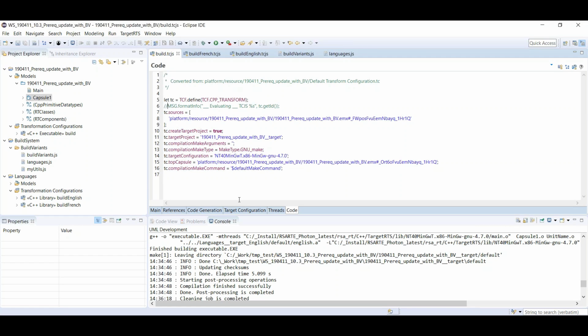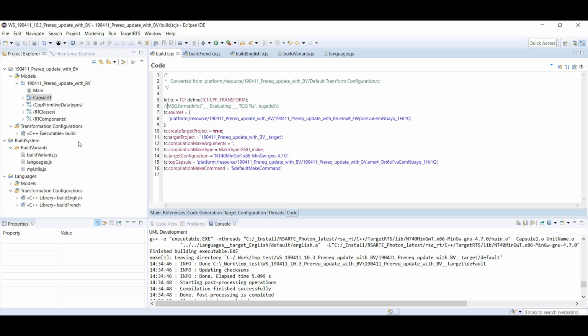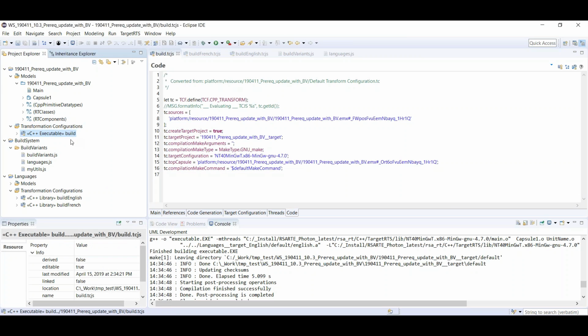So I will show you also one of the improvements to the build system with the build variants. So here is the sample of the build that is using build variants. The first improvement that we have done is that we have improved error messages for the post-process step when we are applying build variants. So just to remind you that we have different TCGS files,